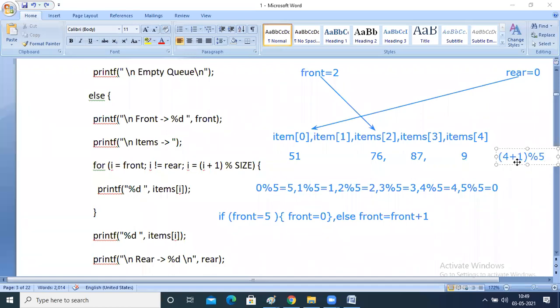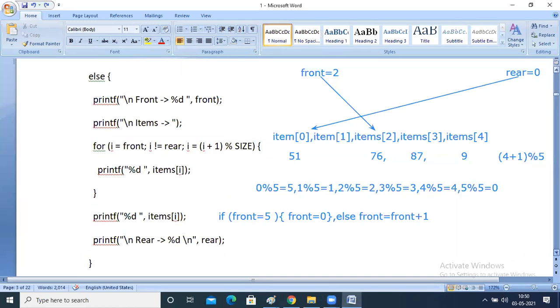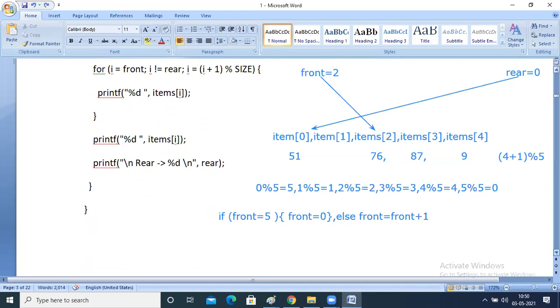So what will become? It will become 0. So again I will be printing item of 0. In this way I will be printing.